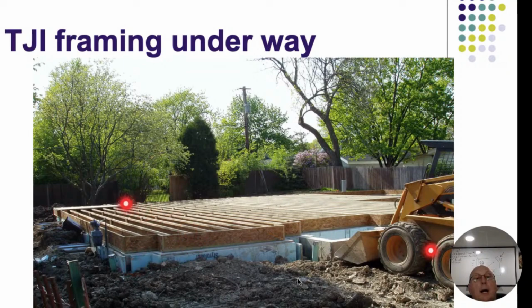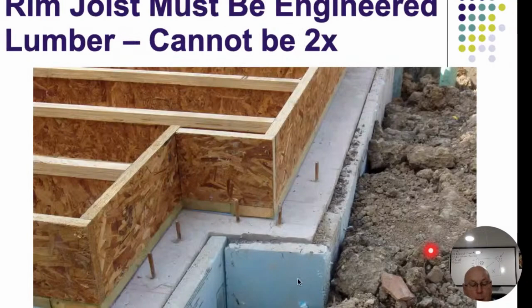Then we put all our I-joist in, and we probably have beams underneath here holding the support, and you can see all the squash blocks in there as well. All right, the OSB, this is purchased from TJI or whoever the manufacturer is, and again, that's our supports around the outside, so I don't have to have squash blocks on the perimeter walls. I only need them over beams and underneath load-bearing walls. All right. Again, close up,